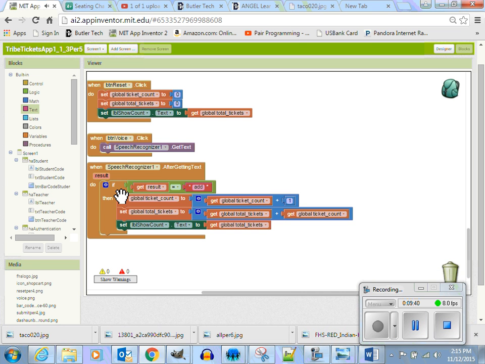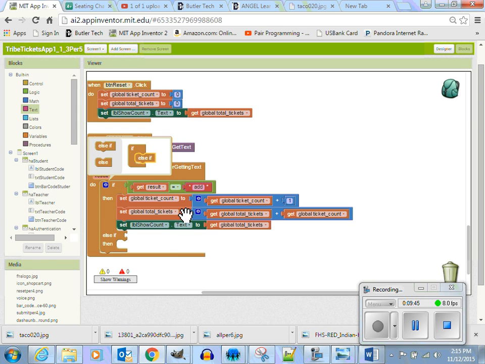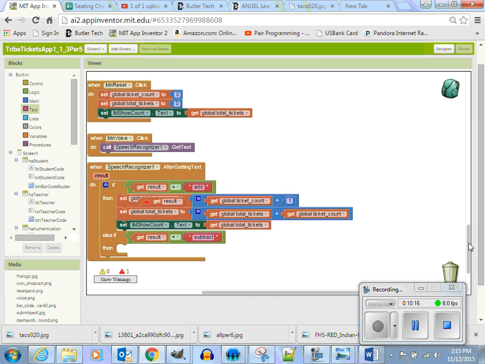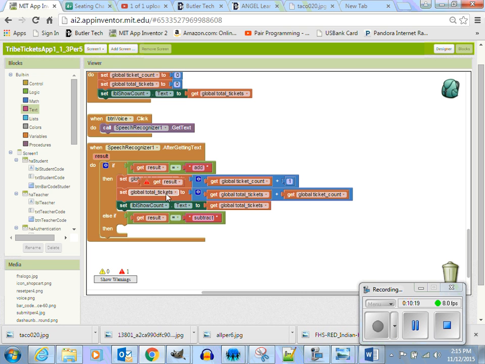Okay, so let's do an else if. And I'm going to duplicate this. And if they say subtract, and remember here, you don't want to have capital letters or it won't work. If I would put a capital S in here or a capital A in here, that won't work. Google will not recognize it. Then